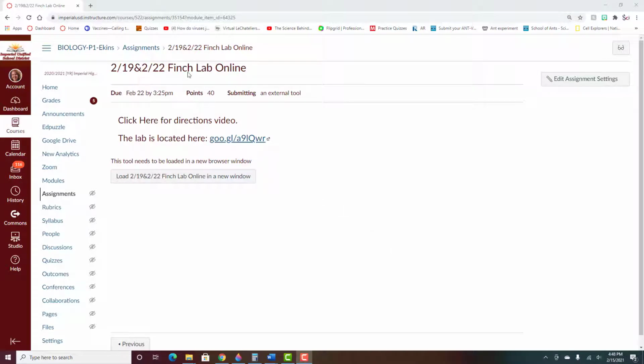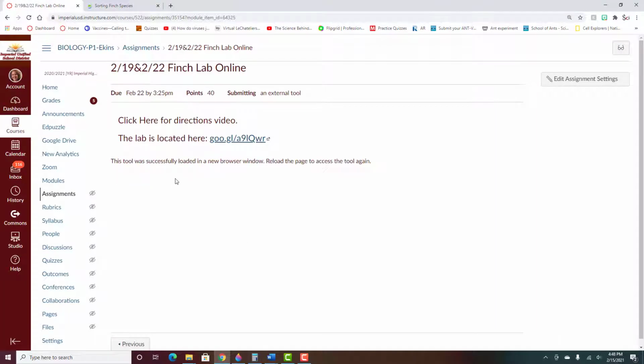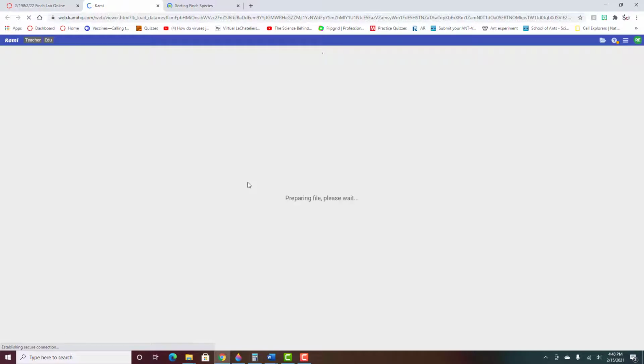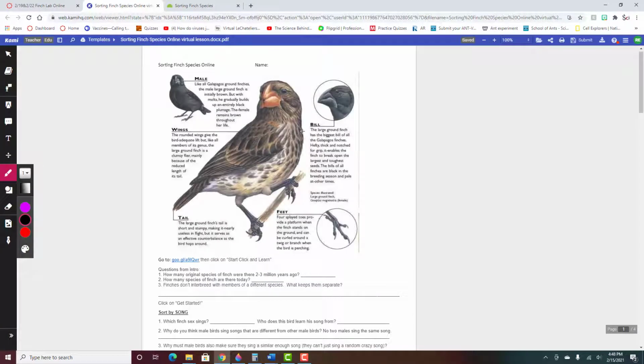Alright, these are the directions for this finch lab. Here's the link to the lab, and let that open, and then you can open the document here. In this lab, you're going to be looking at Darwin finches, which we've talked about before. This Darwin finch here is a species of finch that has a certain kind of beak, and that